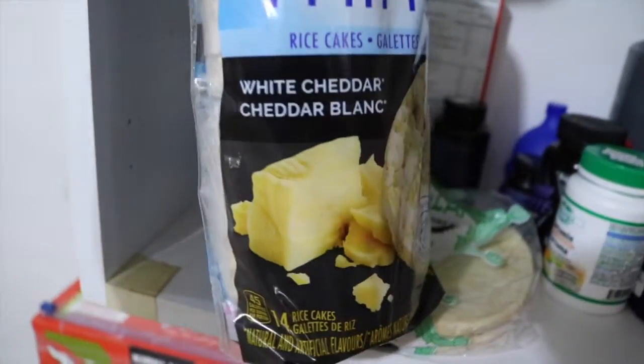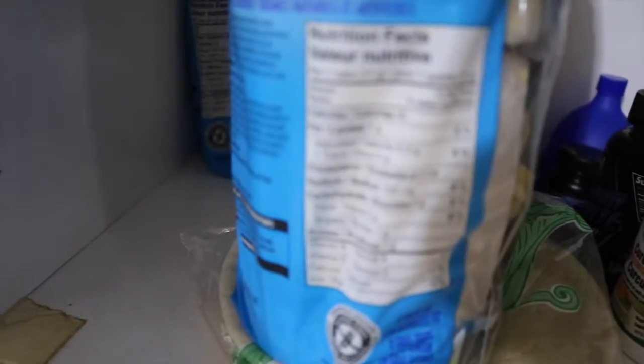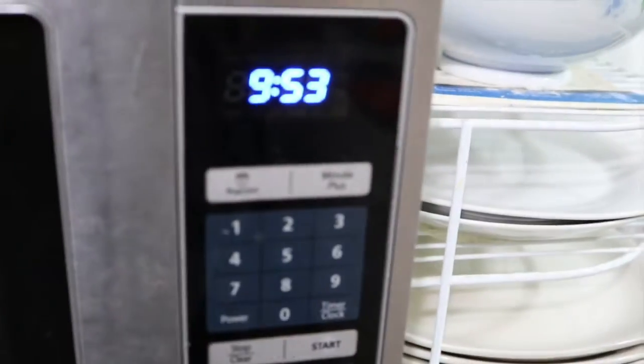If you're gonna get rice cakes, it's all about these. White cheddar, delicious. It has 1 gram of fat though, but still only 45 calories per rice cake, so you can have a lot. So it's 9:53. I'm gonna finish off my night